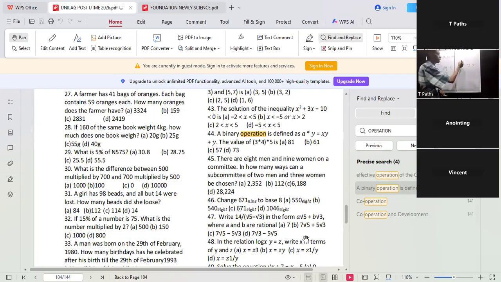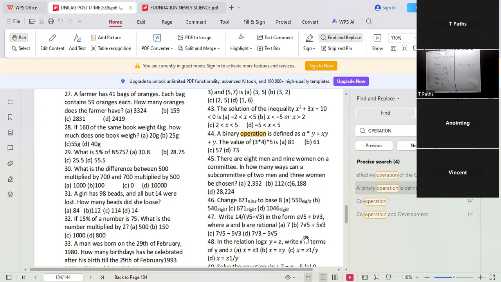So now this is the binary operation. The definition of this binary operation is that when you take any two numbers using this binary operation, the result it should give you is the product of X and Y plus Y. The product of X and Y plus Y. So now the question says